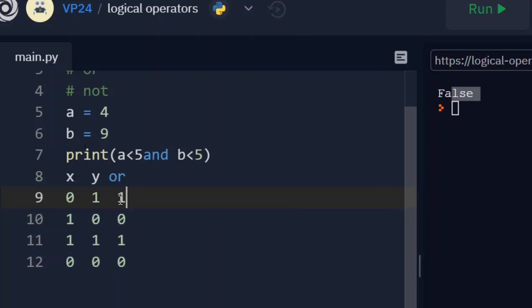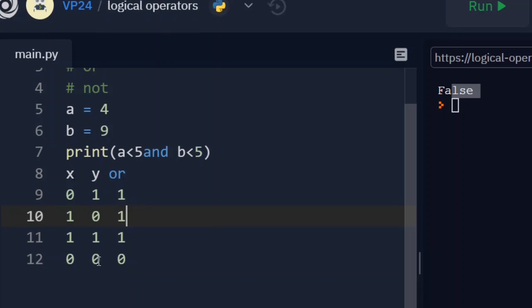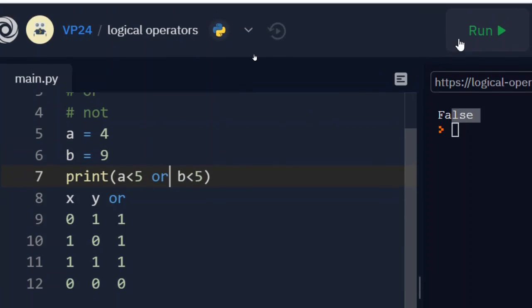So here we have true, here also true. Only when both the inputs are false, you'll get the result as 0, which is false. So if I check my condition with or and run this,